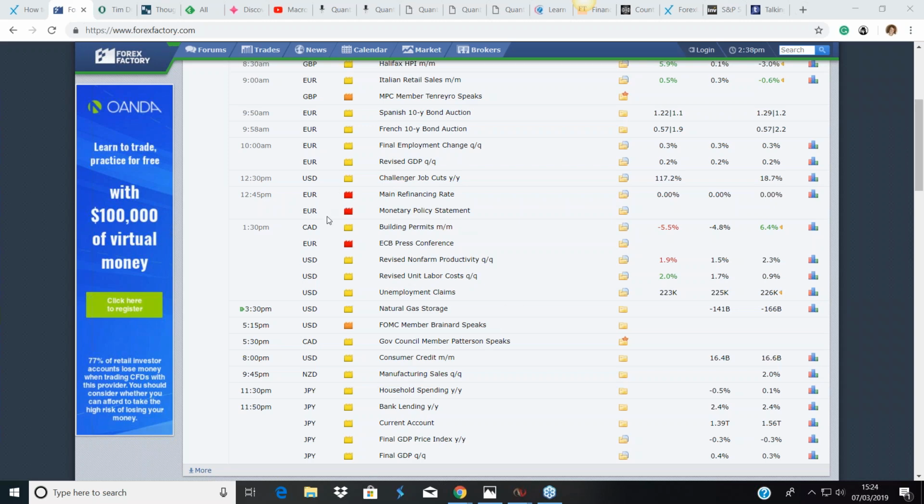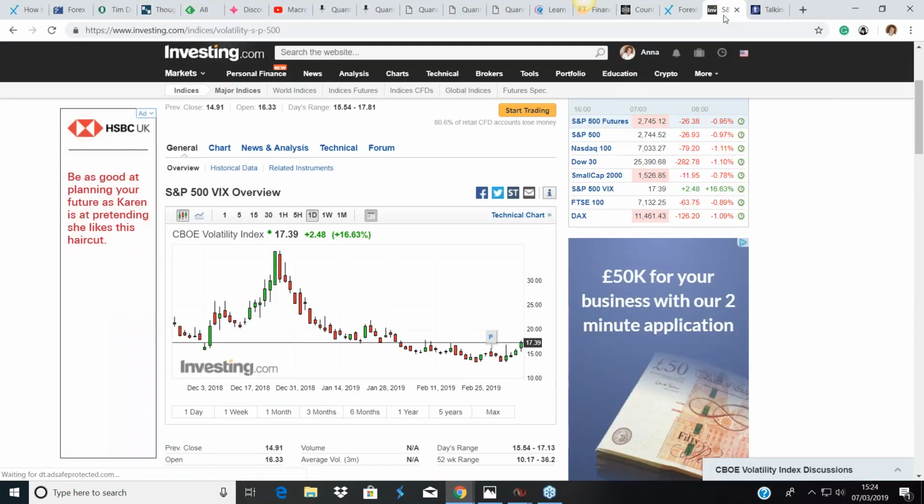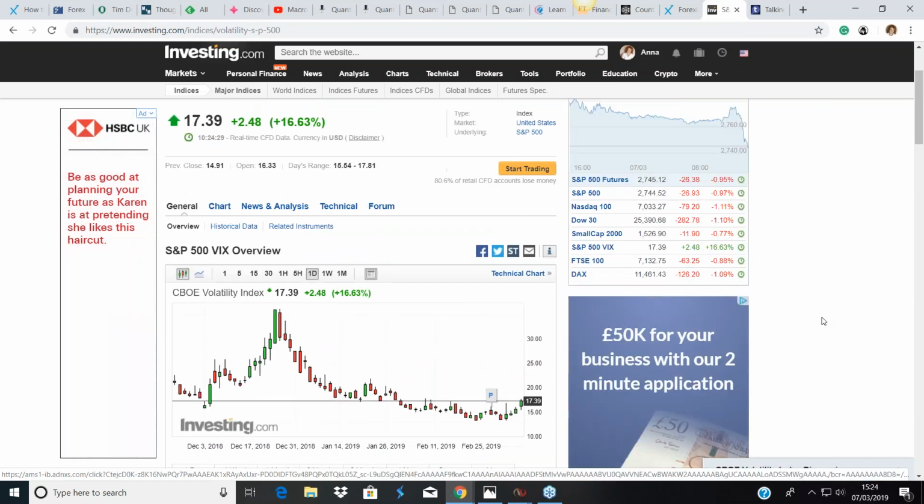The item that has really put the cat amongst the pigeons is this one, the ECB. Now, if you're in the States and you trade indices, you might think, why should something that the ECB does, or Mario Draghi says, inject some volatility in the market? Well, the reason primarily is they have taken a very dovish view for the currency. They're not bullish on the currency in the sense that there's no prospect of an increase in interest rates.